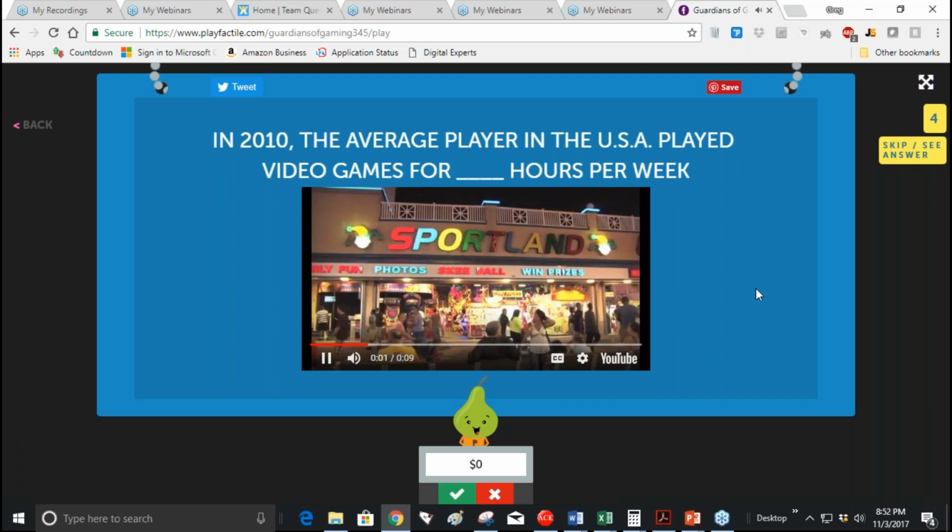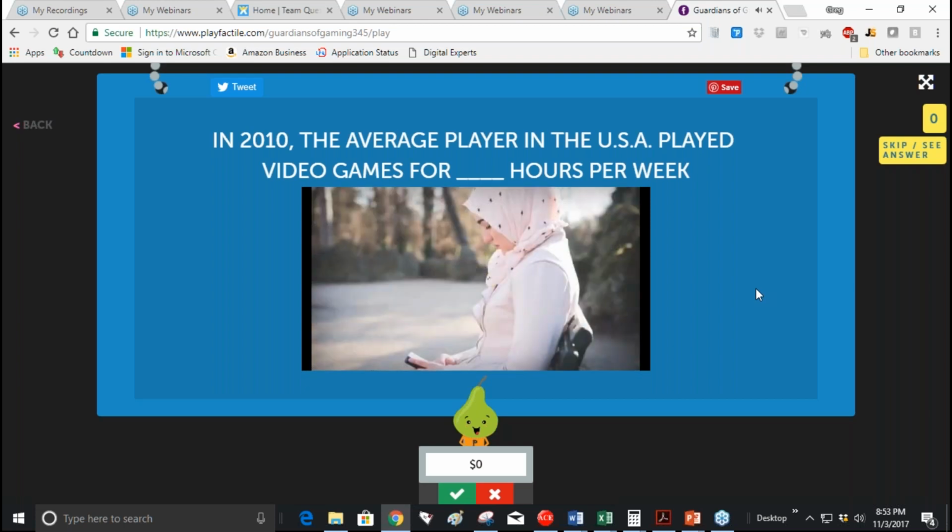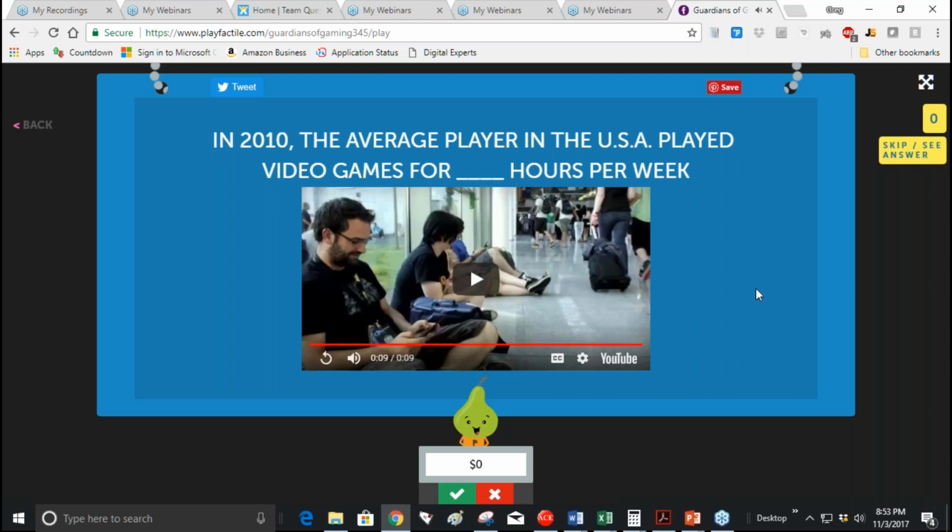Increasingly, games are part of players' daily lives. According to video game academic Jane McGonigal, by 2010, the average video game player in the U.S. played